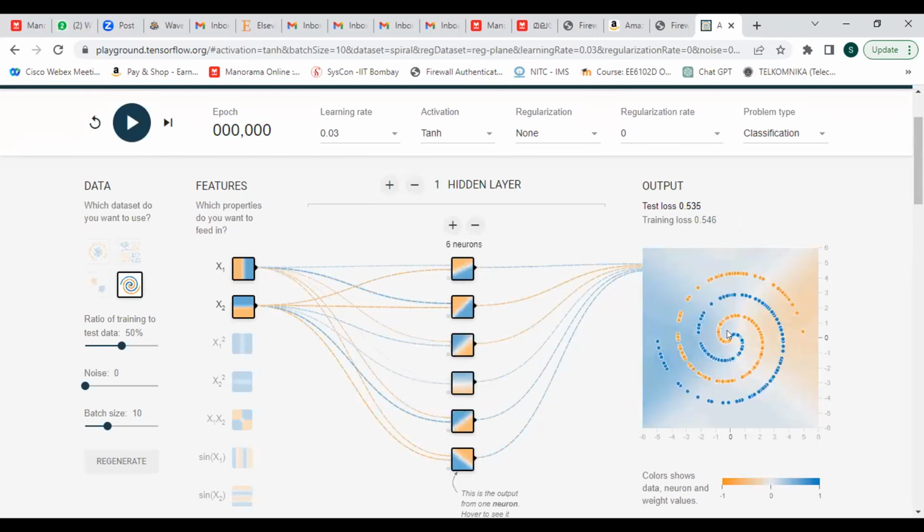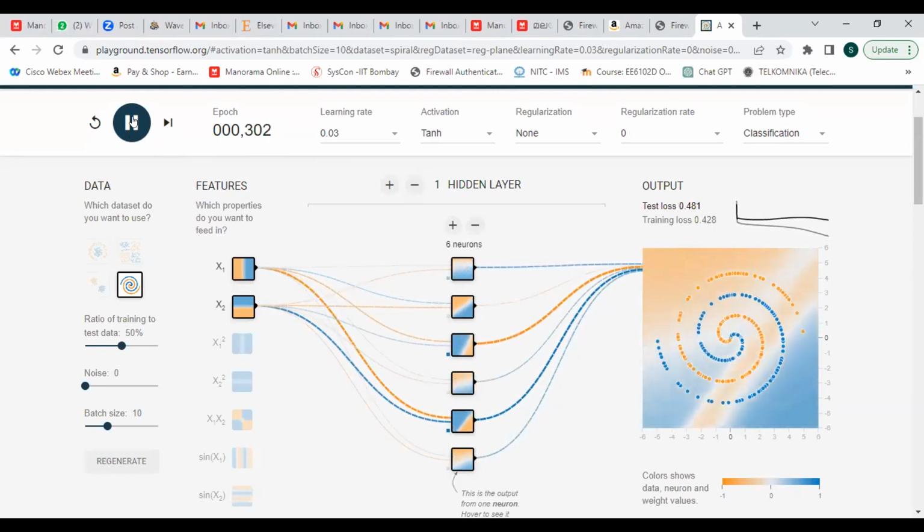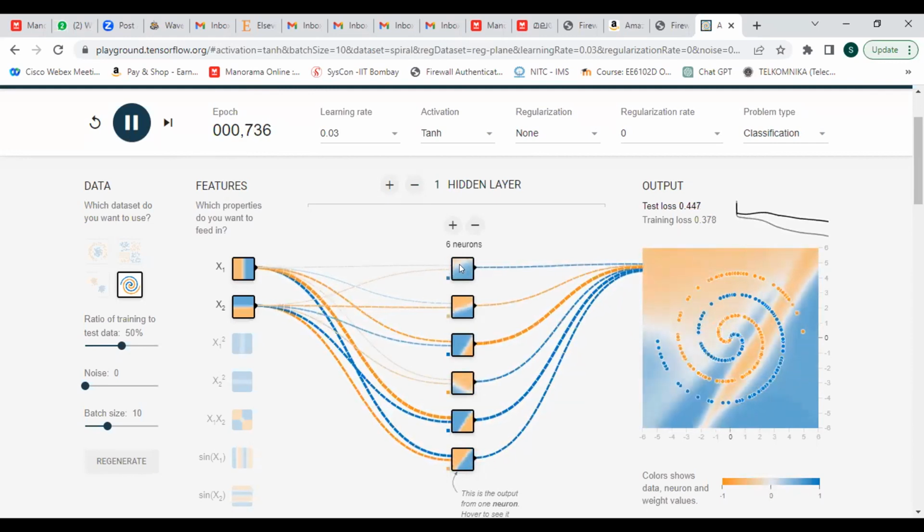Why is it called complicated data? The decision boundary is complicated, which discriminates the positive classes and negative classes. I can run this architecture. You can see, in this case, are we getting any proper or expected decision boundary? Right. So that means this neural network, this hidden layer, is not sufficient to approximate this complicated data.